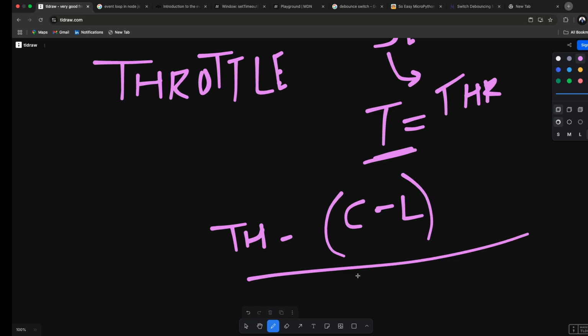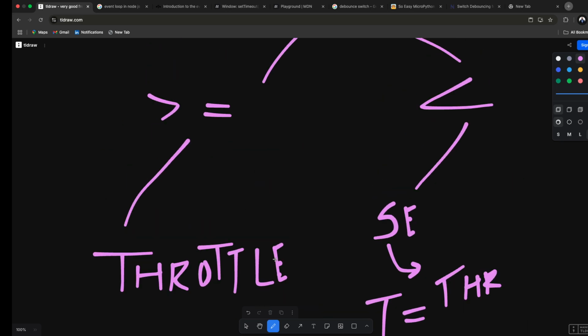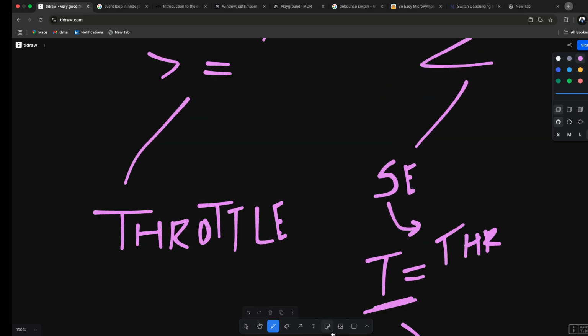Okay, basically I need to maintain, if I am in between, say I am less than, now that time what I need to do is check whether the time has elapsed, or whether it will be less than my time elapsed, right? Like I won't be able to satisfy that. So I need to not make the call, but